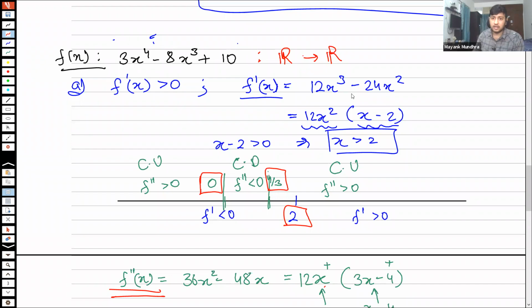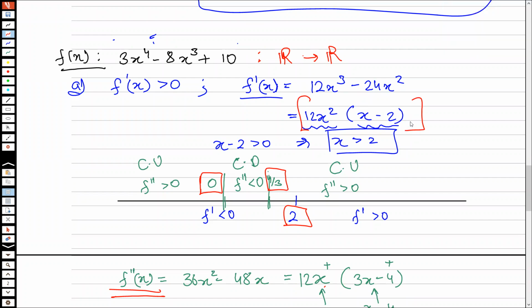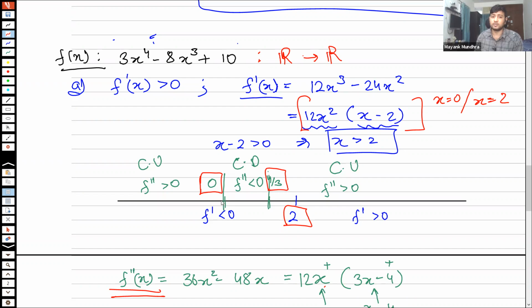Okay, so Kritika, from this particular thing, where is f prime going to be 0? When x is equal to 0 or x is equal to 2. Very good. So x equals 0 and x equals 2. So these are going to be your critical points. So I have to look for an optima somewhere here.